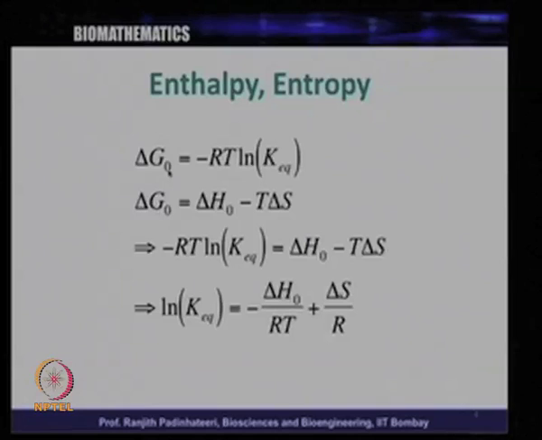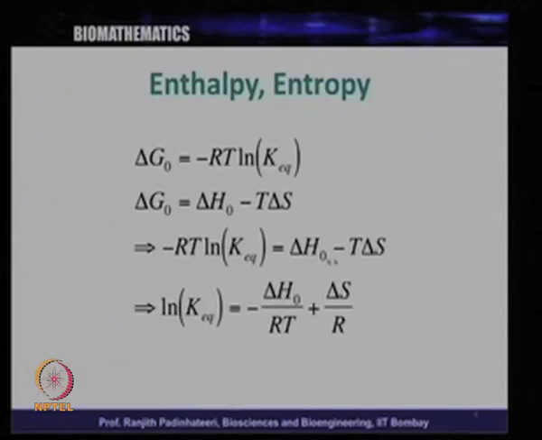If you combine these two, instead of delta G0 you can substitute minus RT log K equilibrium from the top equation. Combining this equation and this equation, I get minus RT log K equilibrium is equal to delta H0 minus T delta S. And if I rearrange this, that is, I take minus RT to the right hand side,